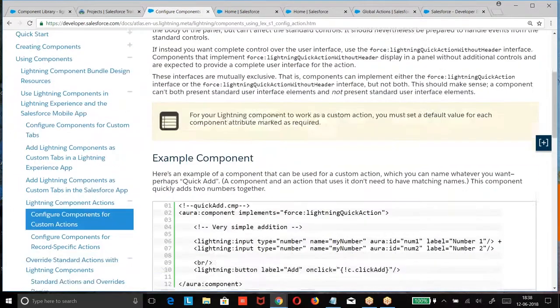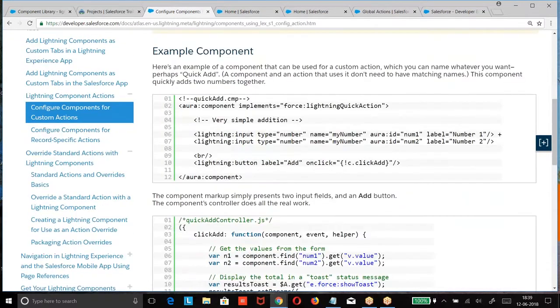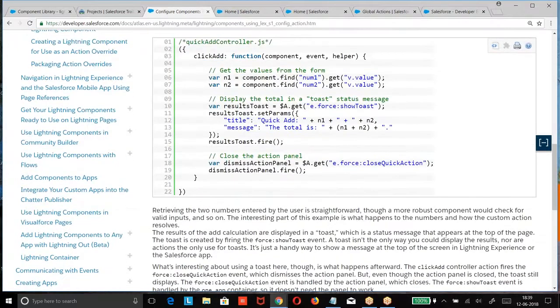As I told you first, remember the point, there are two options here. We have force lightning quick action and force lightning quick action without header. Right now what I am using is force lightning quick action. Now I am going to create this button and make a small action, maybe two input components. When I click on that, sum of two numbers and display.